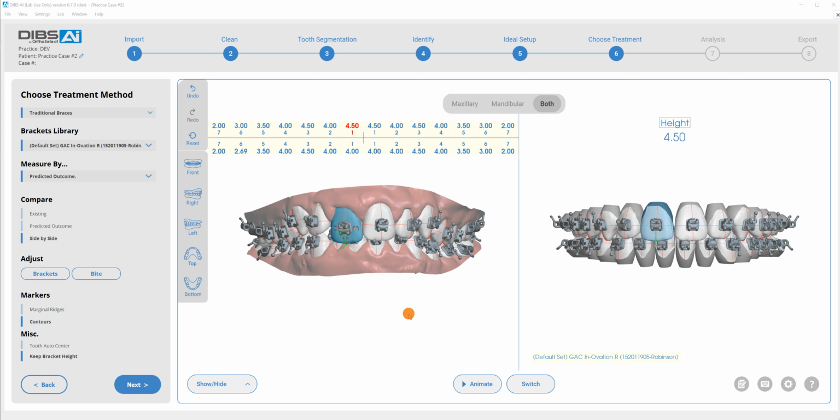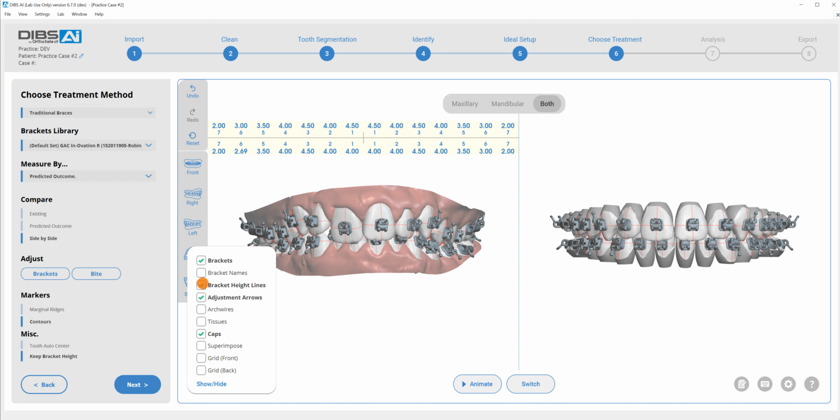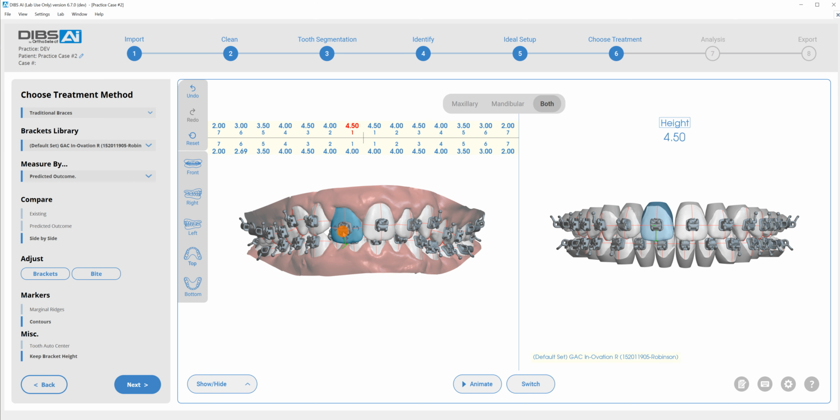So let me explain how this works. First off, you'll notice under Show Height, I have turned on here bracket height lines so that visually you can kind of see what's going on here. So what I want to do is I'm going to right click that 7, hold down my shift key, and